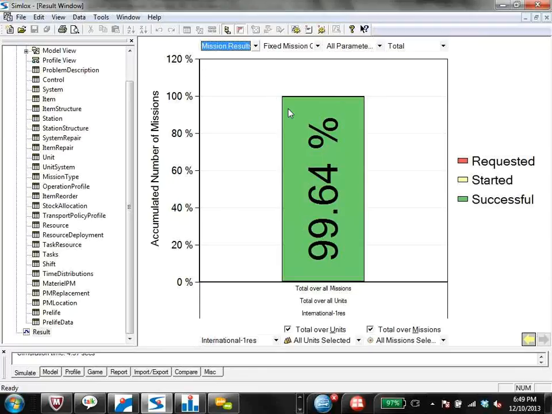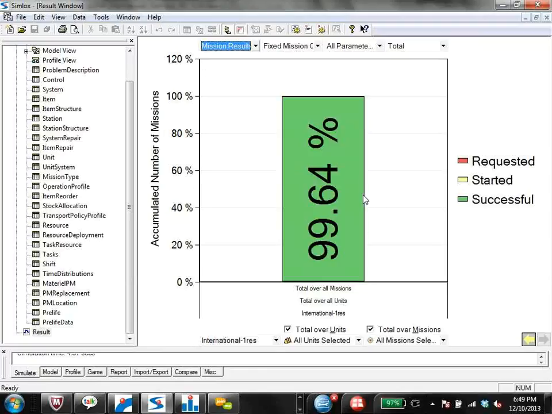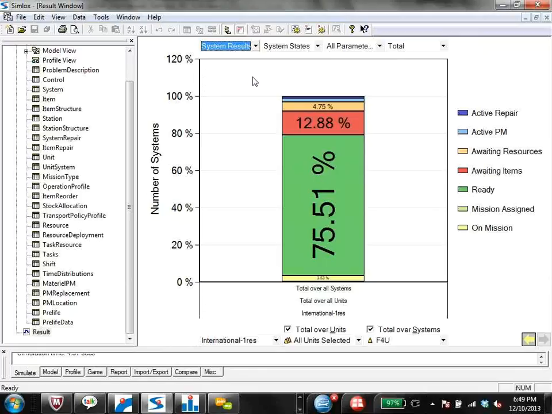And you can see that we actually started all of our missions. So we actually had a sortie generation rate of 100%. We had a mission completion rate of 99.64. This is very interesting. We can look at this over some of our system results, and we can see that